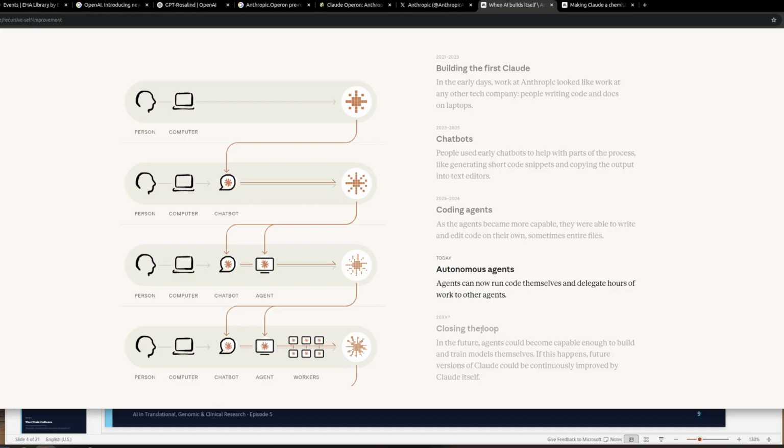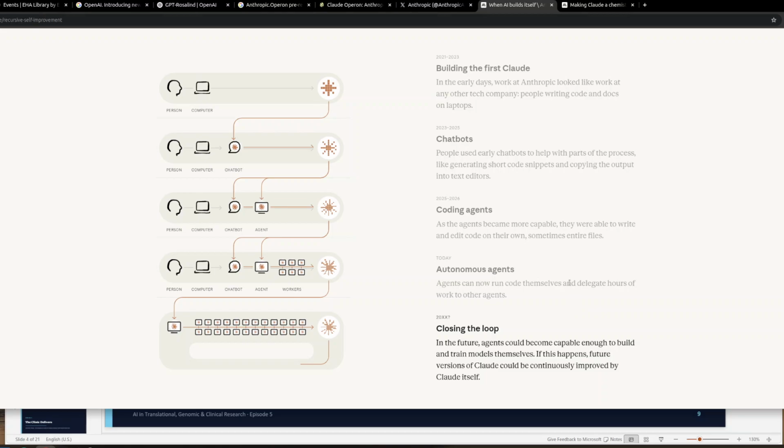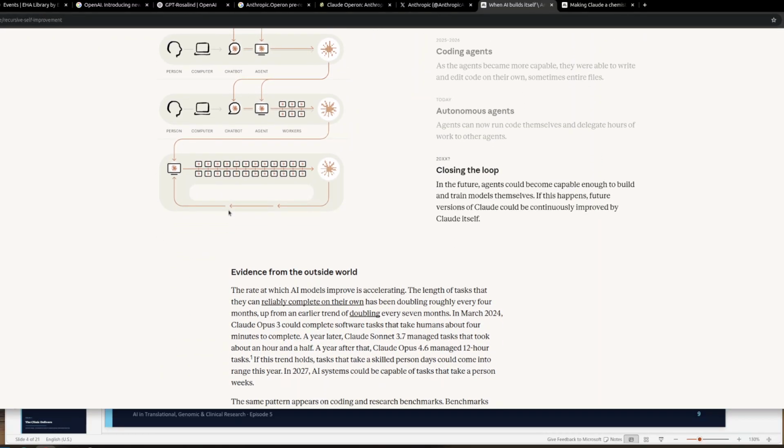These big companies are getting into it, but I developed those at that time, and I think I should start sharing or at least publishing. I'm publishing too much on the laboratory work, but not in this area. I should start publishing. But this is the model. The person tells something to the computer. The computer goes within the computer to chatbots, and chatbots connect with the agents, and the agents then start giving an organ structure to their workers to do